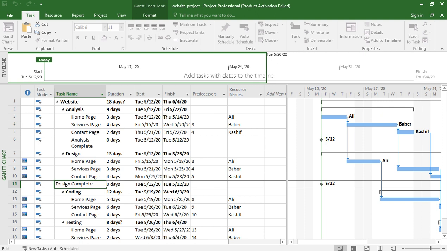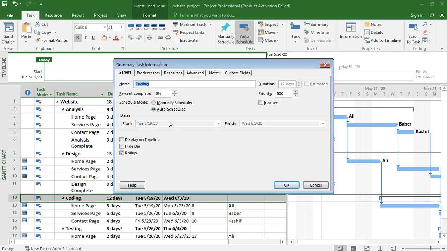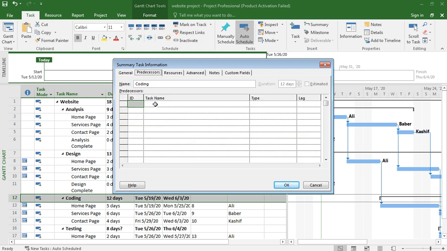And after the coding ends, there is another milestone. So this is the second milestone. You can say that this is analysis complete.